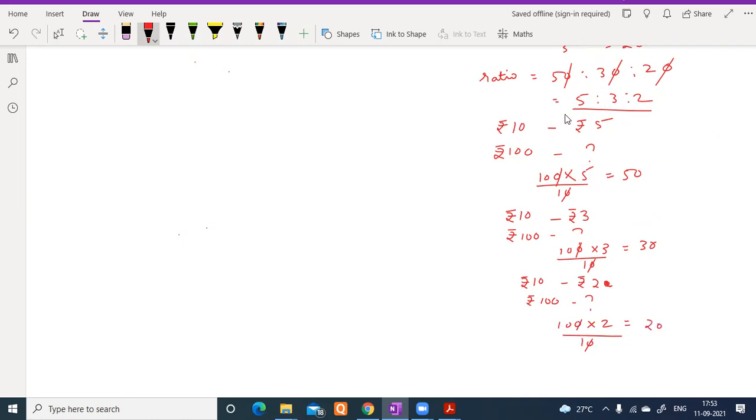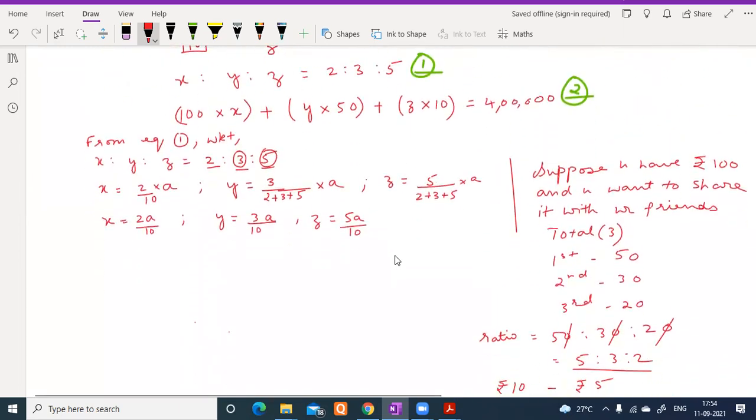So this is the ratio, meaning we have to assume that 5 plus 3 plus 2, 10, is my total. In that I will get 5. But what is the actual amount? In that, how much will I get? That is how we get it back. If they give only the ratio, and the total is 100 rupees, how much do I get? This is how we do it. So similarly, let's go back and solve now.